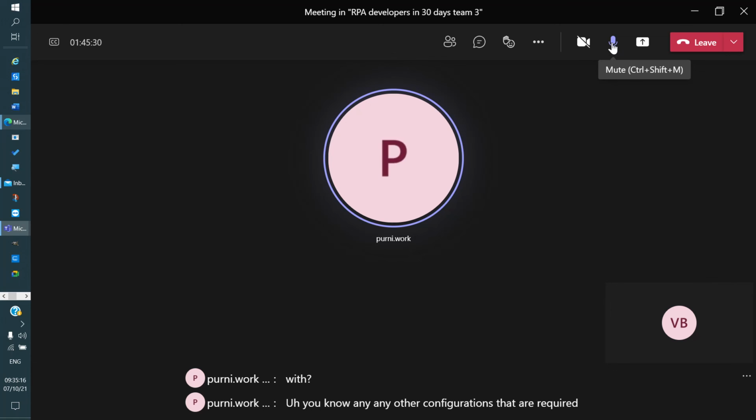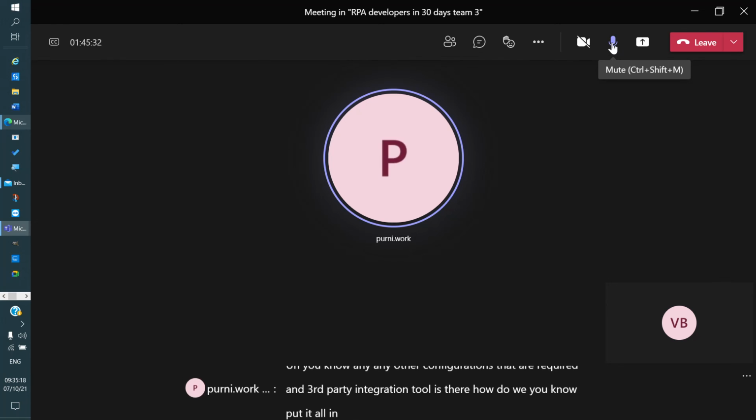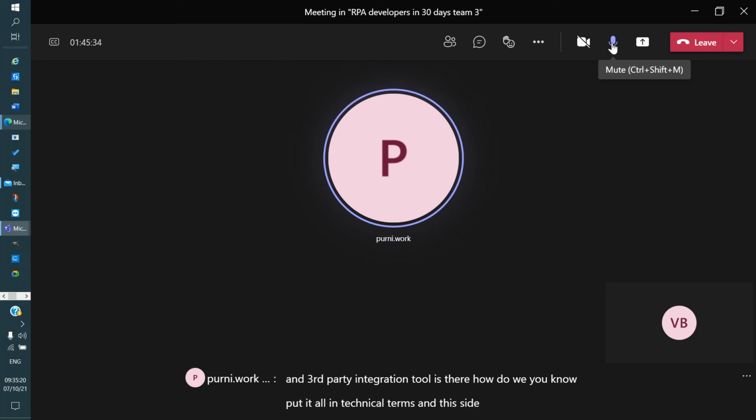How do we put it all in technical terms and decide what is the cost that we are going to incur in terms of manpower versus number of people vis-a-vis the time taken by each person, and draft up a plan and to be presented again, in integration with the business requirement document.